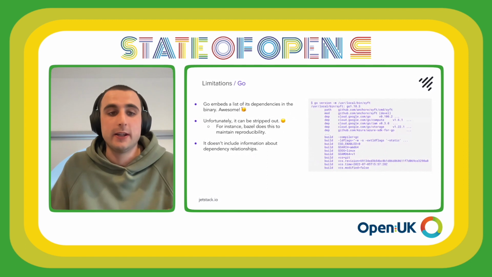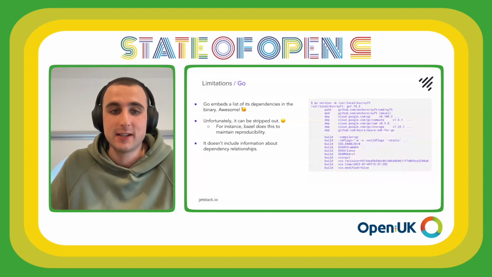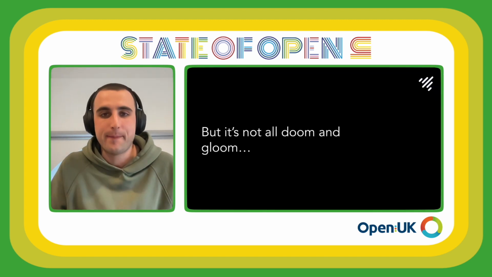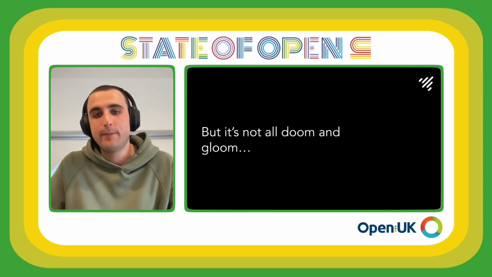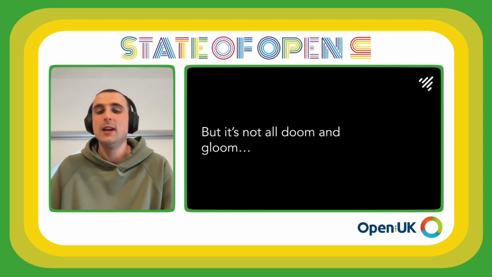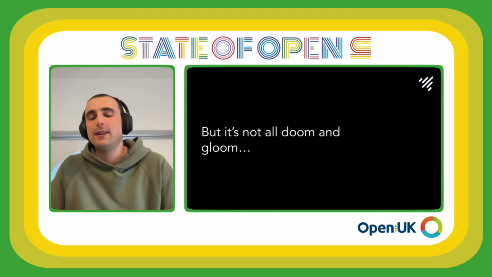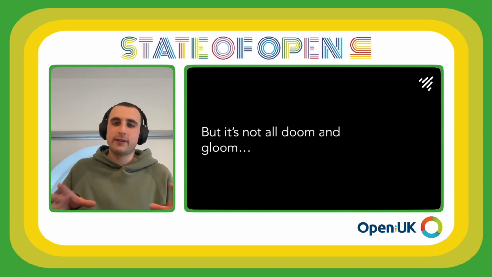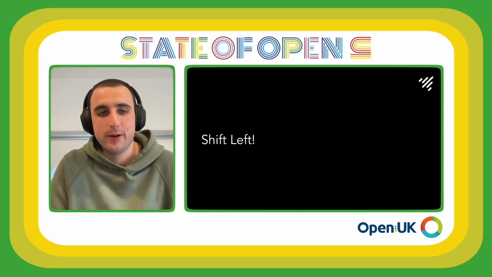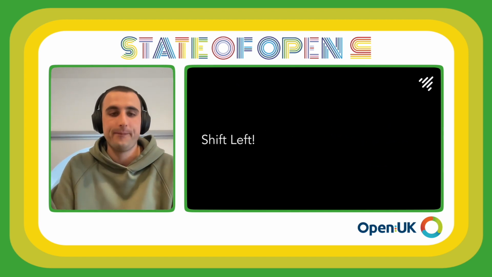It also doesn't include the information about the dependency relationships. So I mentioned this dependency graph before. I have a piece of software that I'm dependent on, but what's that software dependent on? And what are the others that next software is dependent on? There's a whole tree of dependency relationships that, if you want to take this stuff seriously, really seriously in fact, you can map out, but this isn't an option in this case.